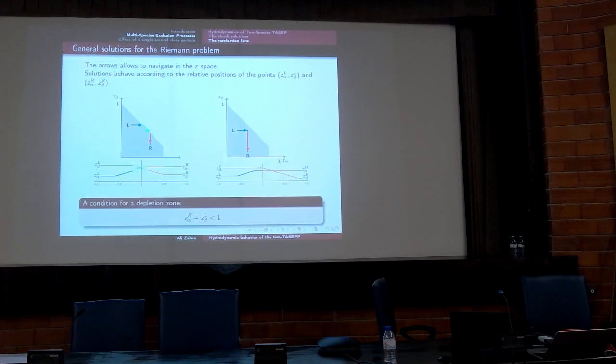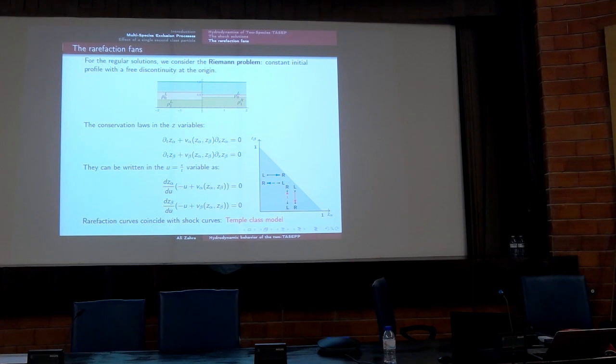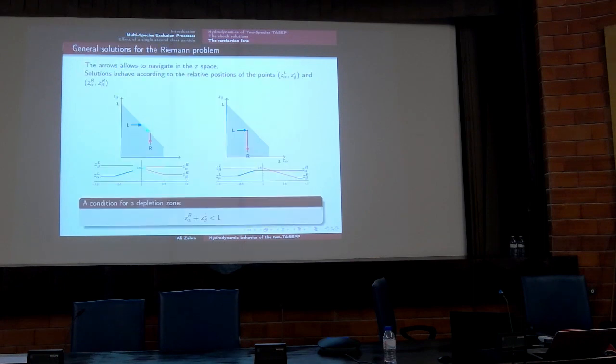Okay, so now having all of these arrows, you can travel in the Riemann space or density space. For instance, if your left condition is here and your right condition here, you just use these two arrows and you arrive at your destination. Okay, what if you don't have a space? Then there is a third type of refraction fan that goes along the